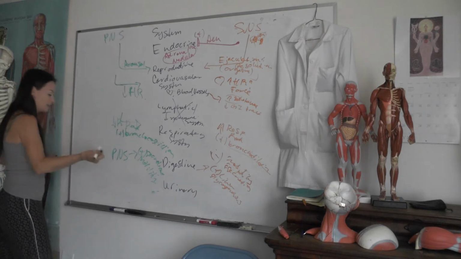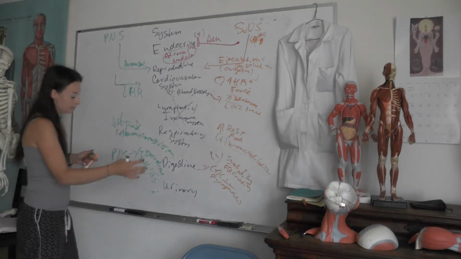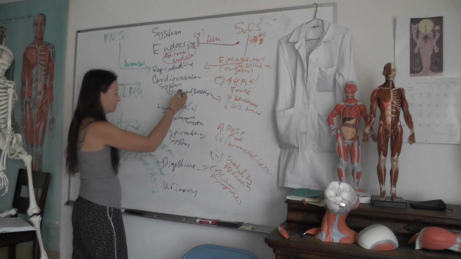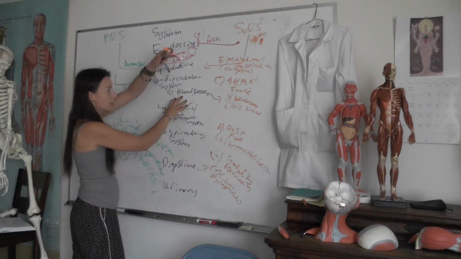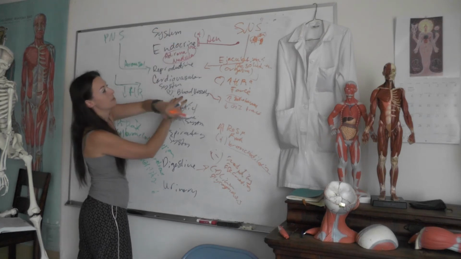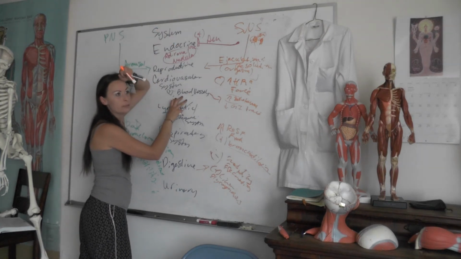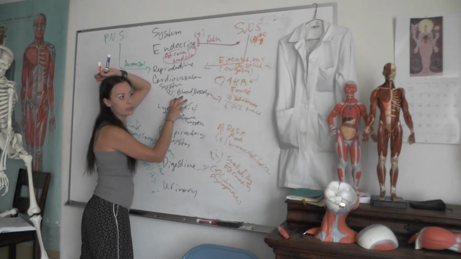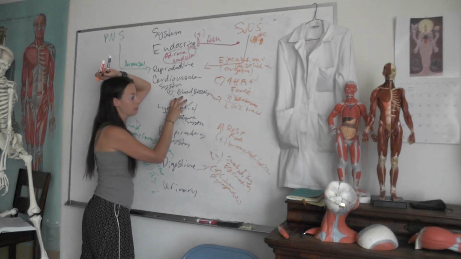Urinary system, again, this is kind of cool because one of the things with blood that I almost mentioned is blood can really be used in the sympathetic nervous system to increase blood pressure, which sounds kind of weird, but if you have an increase in blood volume, you get an increase in blood pressure.